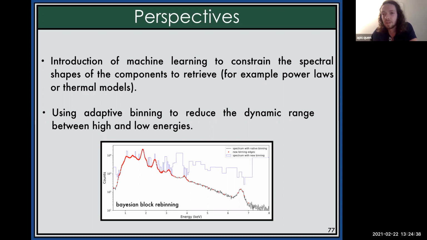And we think that in some cases, it could help to retrieve more accurately much fainter components. Also, it was not an issue for us because we only used the GMCA on short energy bands, so we did not have the problem of the high dynamics between lower and higher energies. But if we want to apply that kind of algorithm on a huge energy range, there is a huge difference in the statistics in X-rays between the lower and the higher energies. So using some kind of adaptive binning should be interesting.